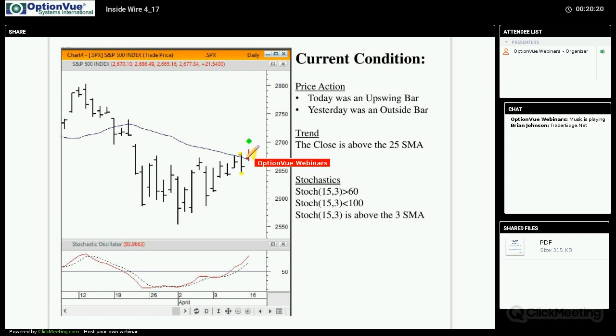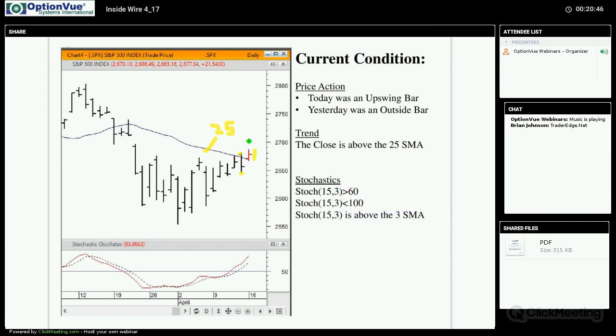That's price action, and I wanted to get more than just a few data points here, so I had to adjust the moving average to a 25 simple moving average, because this combination of price action and stochastics below the 50 just doesn't happen very often. It didn't happen enough to give a meaningful sample, so I adjusted the moving average, bumped